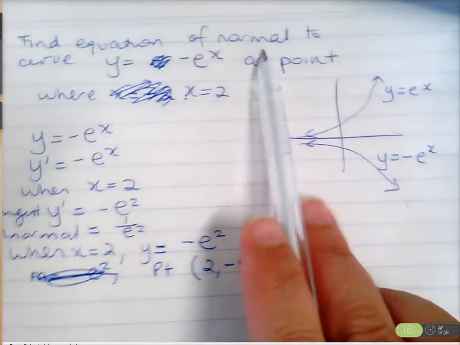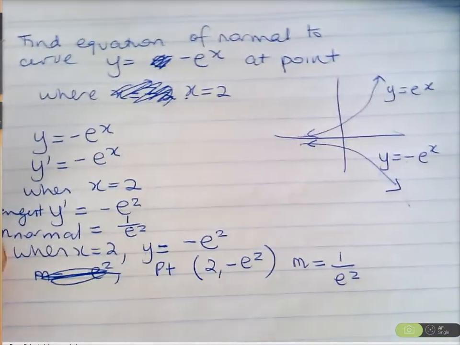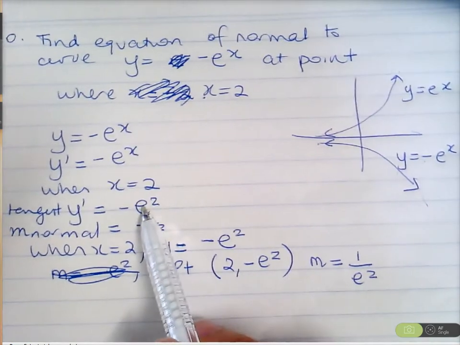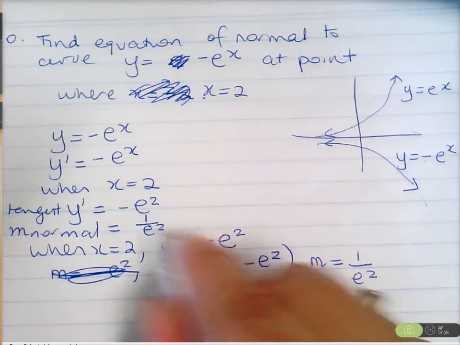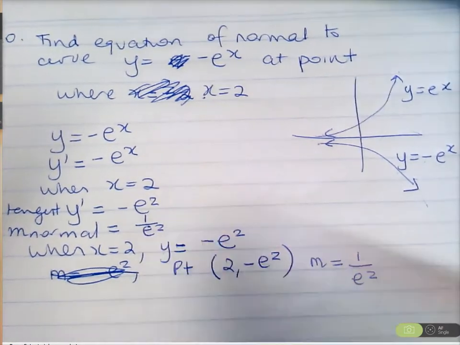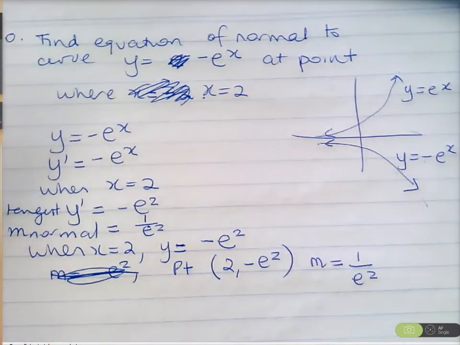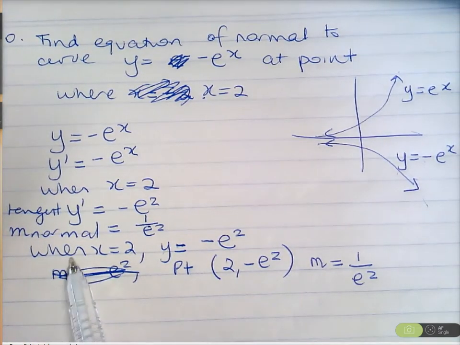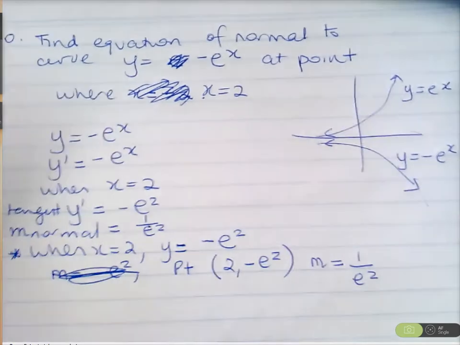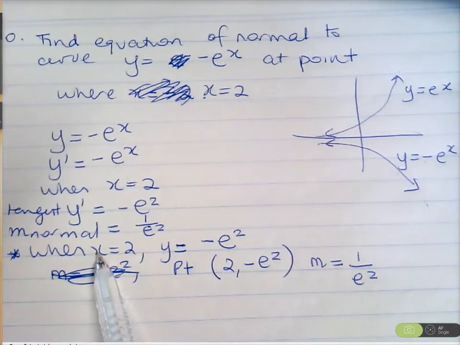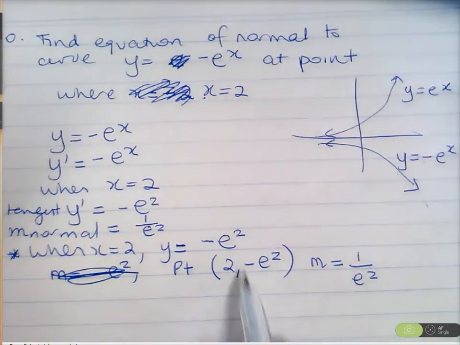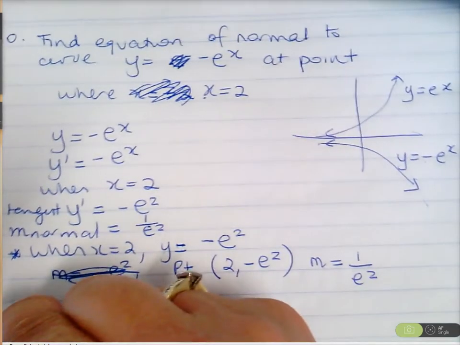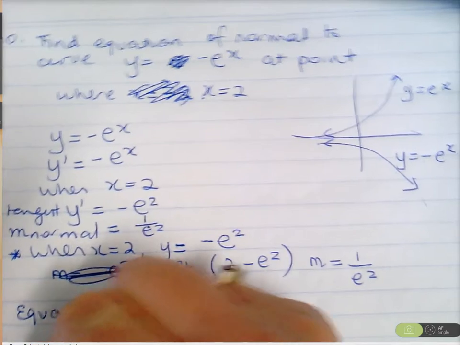But we want the equation of the normal, so therefore the gradient of the normal is the negative reciprocal of this. So if it's negative, it's now positive. And then it's 1 over whatever you've got. So it's 1 over e squared, which is 1 on e squared. So also, we've got our gradient, but we don't have the point. So when x is 2, what's y? It's negative e squared. So there's my point, there's my gradient. Therefore, the equation of the normal